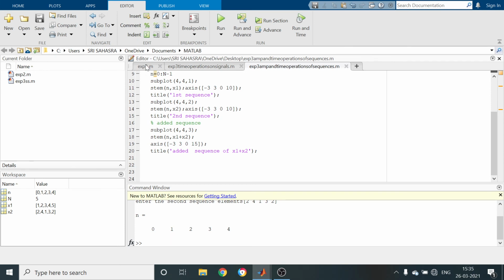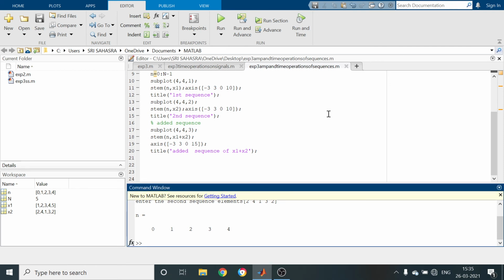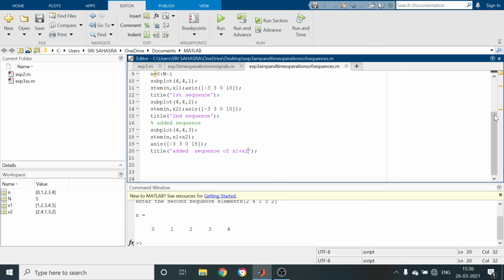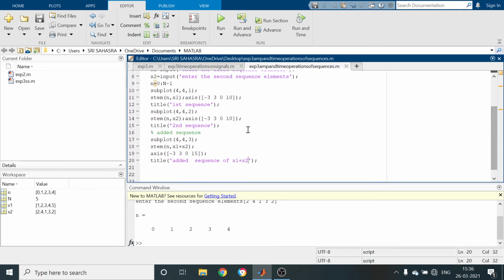Here we have given the range minus 3 to 3, so we have to change the time index, because we are not getting all 5 samples. We have to change the time index to minus 3 to 5.